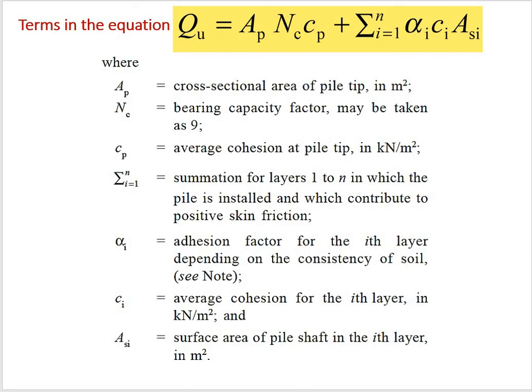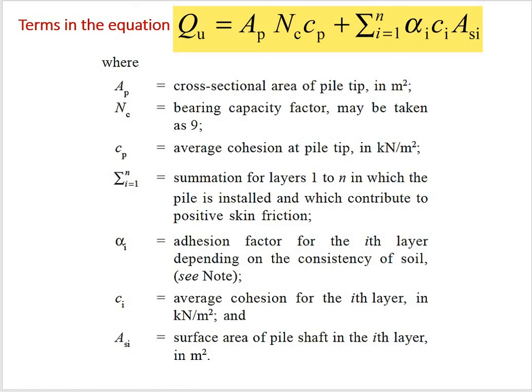Here again, if you are dealing with multi-layer clay soils, that means you have various properties of clay. So you will have different cohesion for the pile tip as well as the soils encountered at various depths. That is why we are taking Cp as the cohesion for the pile tip and Ci as the cohesion for the ith layer. From an exam point of view, you will be given the question for a single clay layer. So Cp and Ci you can take as the same. If the cohesion is given, the same value can be adopted for Cp as well as Ci. So you don't get confused with that.